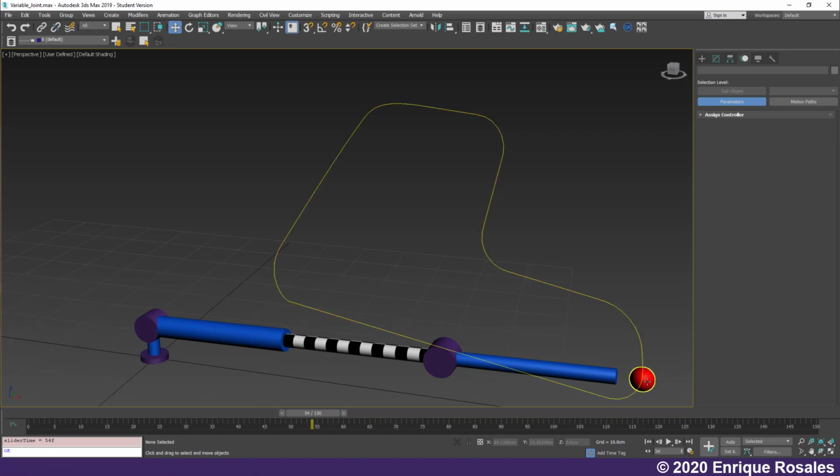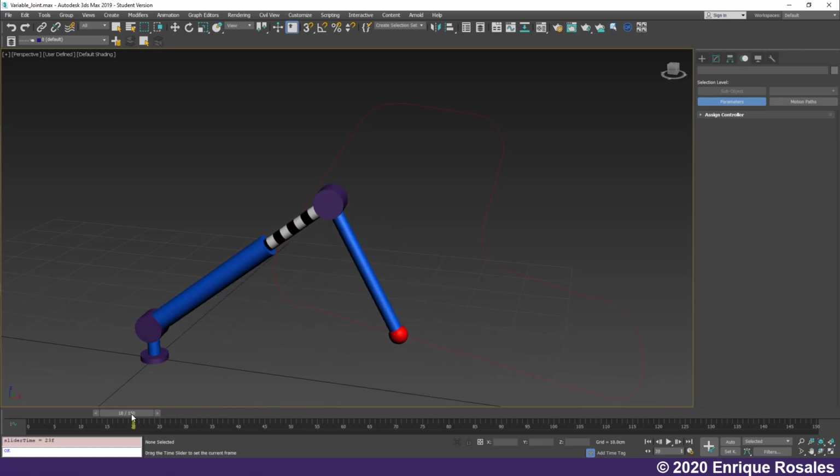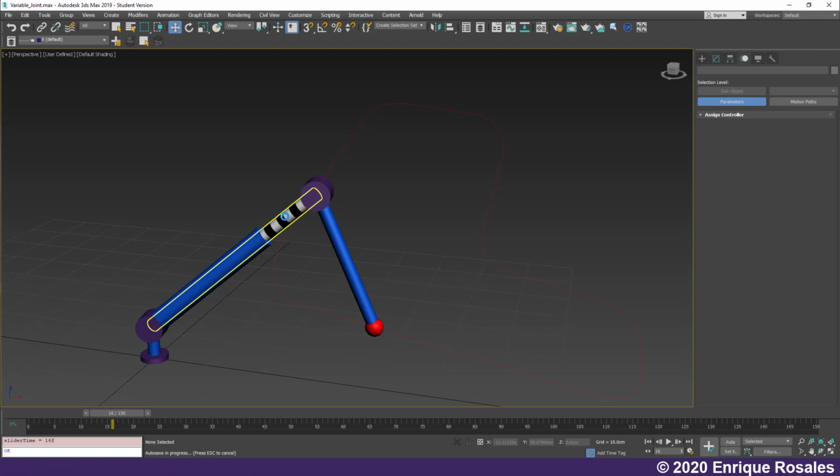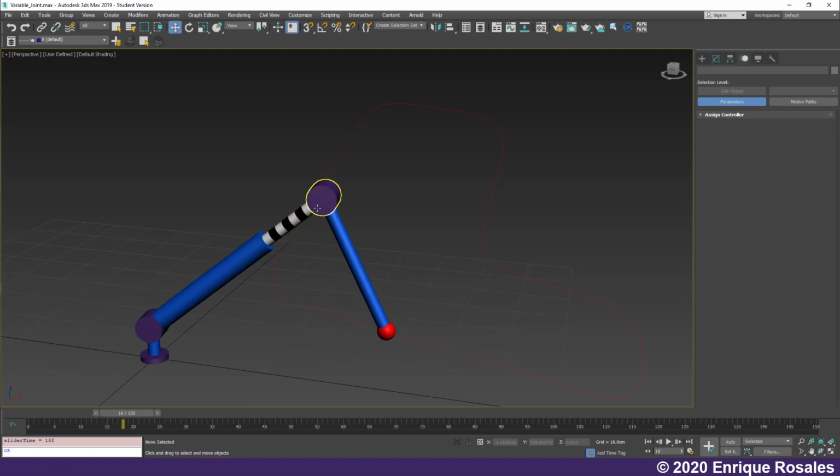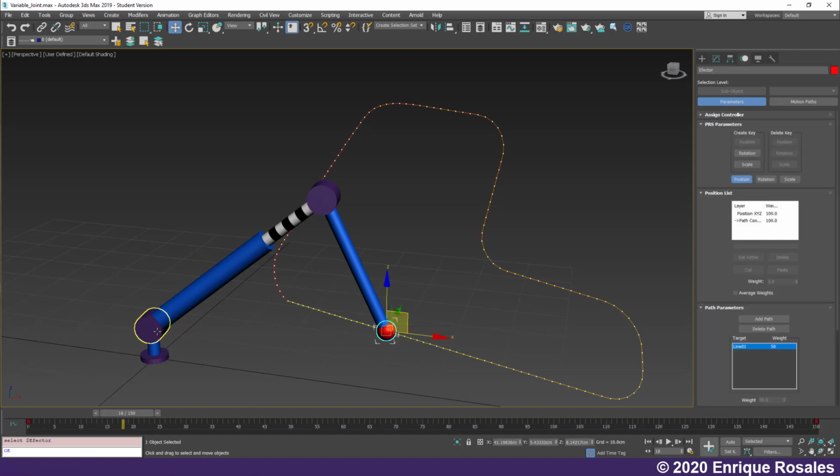So if the distance from the origin to the goal is larger than that, it means that this link needs to be at its maximum extension. But if it's closer, it doesn't need to be at maximum extension. So what you do is have a linear function that modifies the actual length of this link depending on the distance between the end effector and the origin. That is how you can compute the inverse kinematic problem for this example,